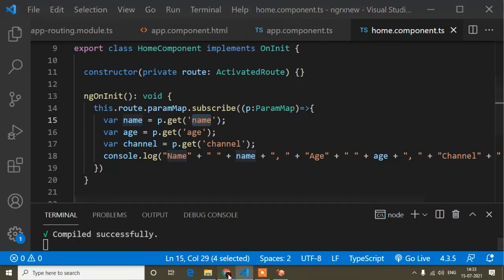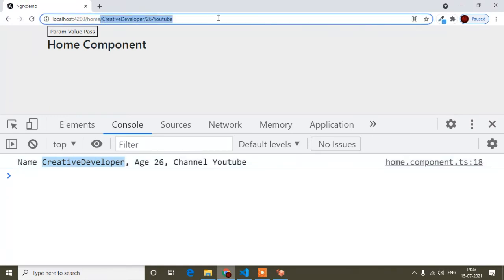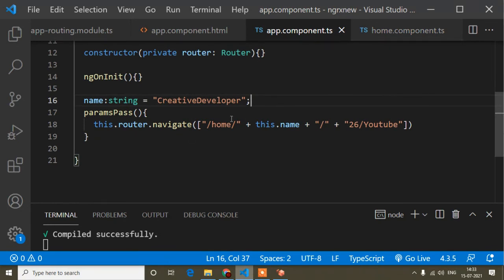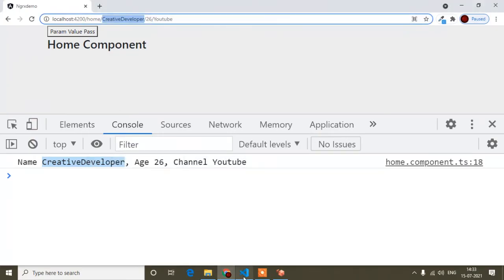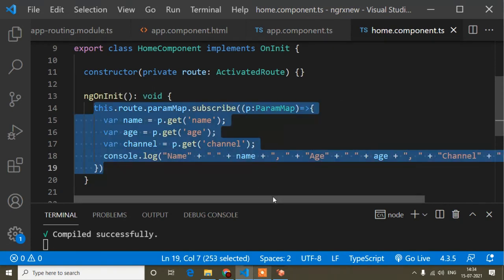And now guys, the same way you can see I'm getting it in the console. So this is the main thing. And guys, sometimes we face a scenario where we have to pass some data via URL like this. Here I am passing the data via URL in our app component, so sometimes we need that. When we pass the data via URL, it's also needed to get the value of the parameter. So that I'm getting here, like in our home component how I have shown. This way we can get the value of the parameter, and this is a very important thing.